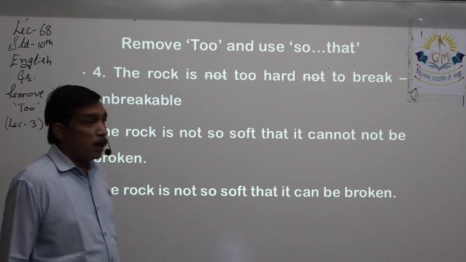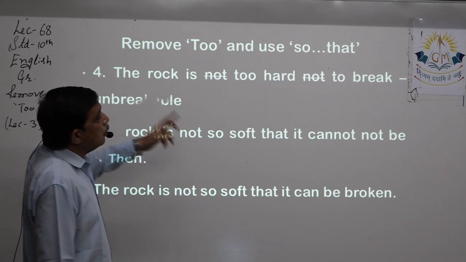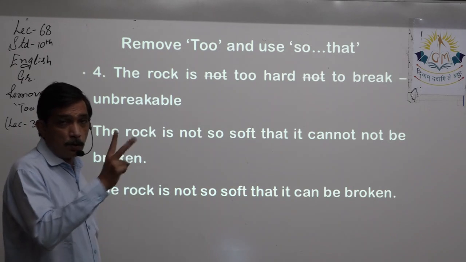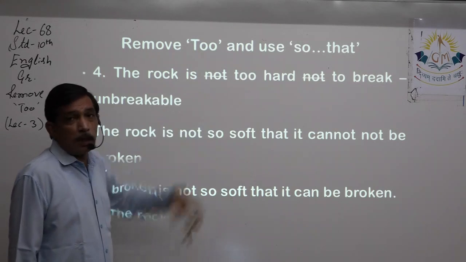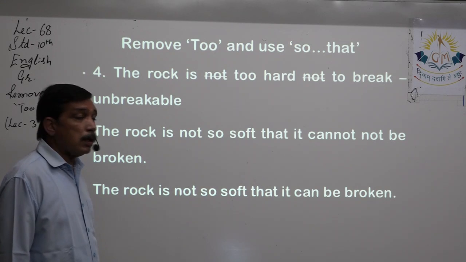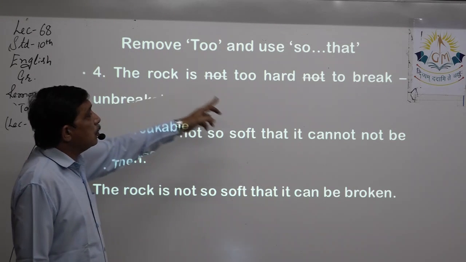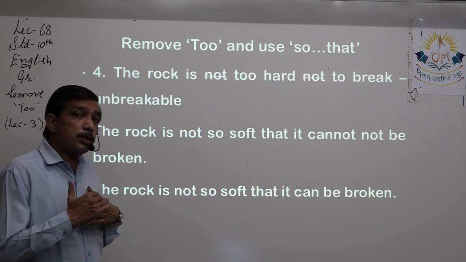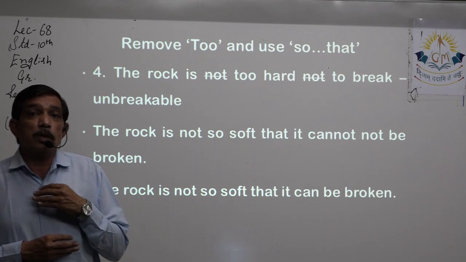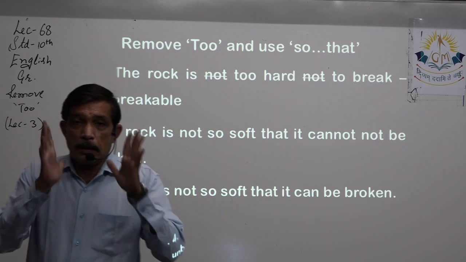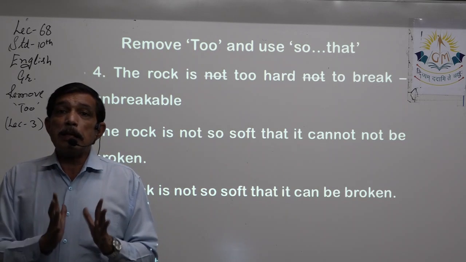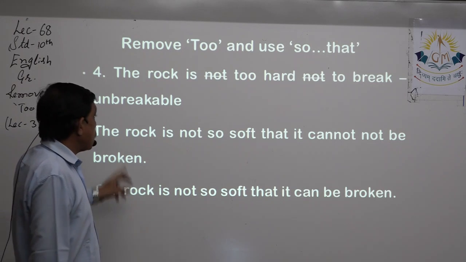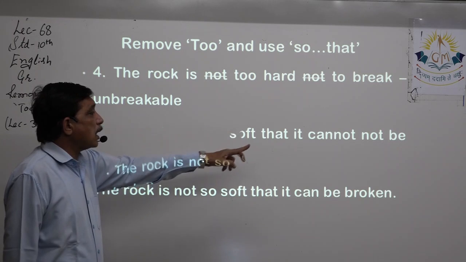Again, we have a sentence over here. The rock is not too hard not to break. Now in the question itself we have two negations. So we remove the two negations, right? Then try to read the sentence. The rock is too hard to break. That means it is unbreakable. So we should make our sentence using "so that" in such a way that this meaning, that the rock is unbreakable, remains intact. The rock is not so soft that it cannot